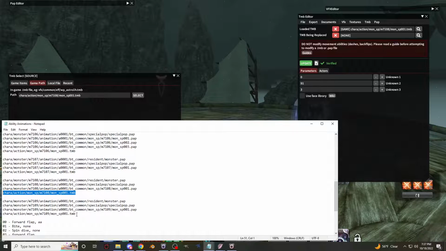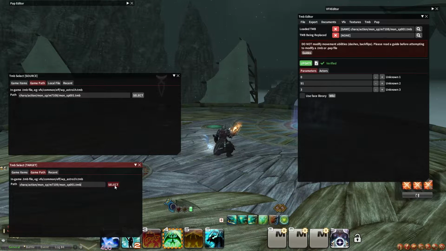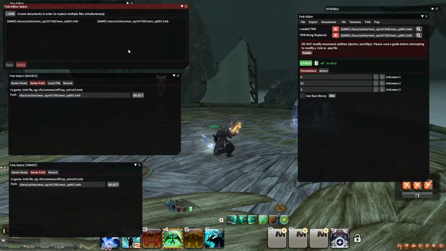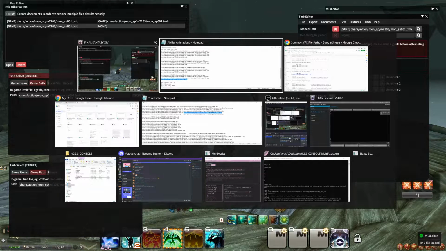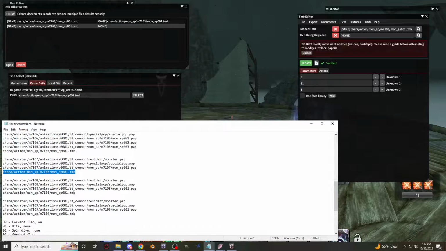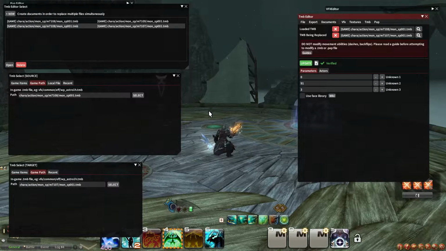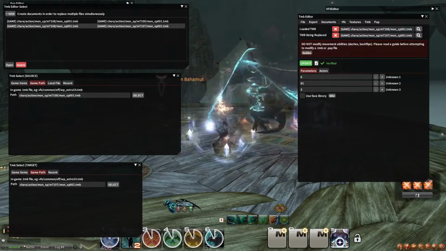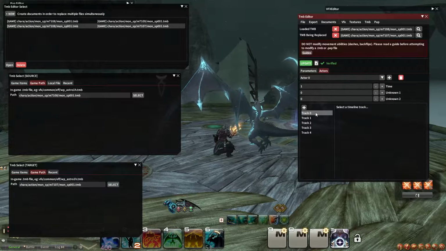Of course it recognizes it, but sometimes a file's just not in the editor, so you have to kind of dig for the file path. So we've got Garuda's TMB file on Titan. Part of the reason I'm also using Garuda's TMB file is to get the timing. So I want to copy the timing from that file to Ifrit and to Titan. So let me set this up. So if you look in this file,